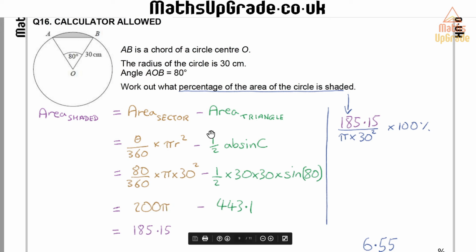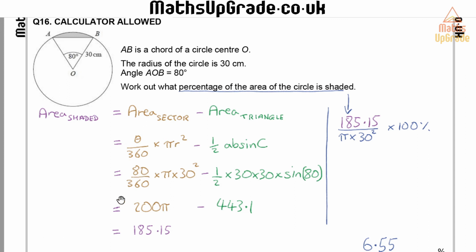The area of the triangle, I cannot just simply do by doing base times height divided by 2, since I don't know those values. But I can use this formula here. This applies even to non-right angle triangles. It's half of 2 sides of the triangle and the sine of the angle between them. So half of 30 times 30 times by the sin of this angle here, sin of 80. That gives me 443.1. If I subtract them through, I'm essentially cutting away this triangle from this whole sector here,